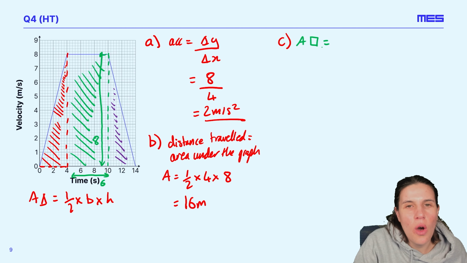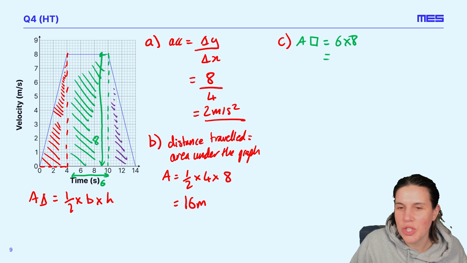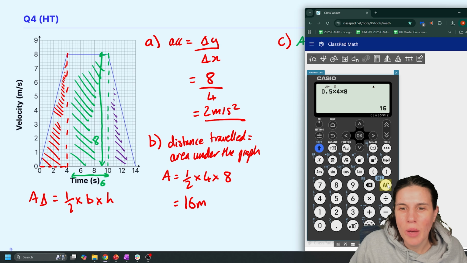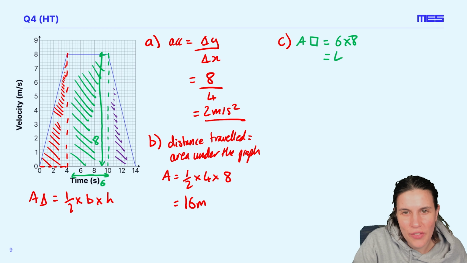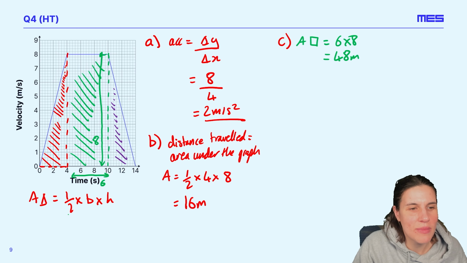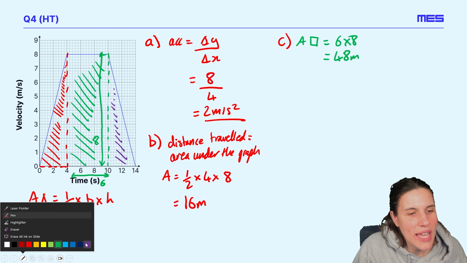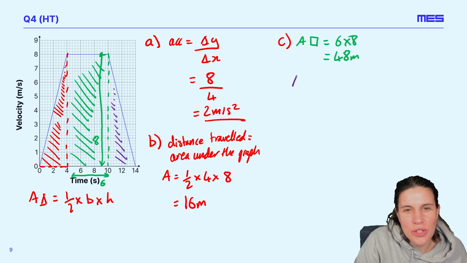So the area of the rectangle is going to be 6 multiplied by 8, which gives me an answer of... I'm always going to do all my calculations on my calculator just to make sure I don't get any of them wrong. 48. Perfect. So 48 meters. Then I need to work out the area of that triangle,